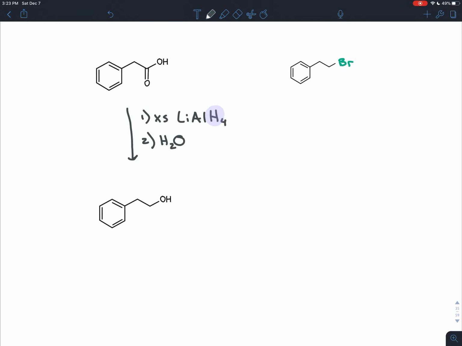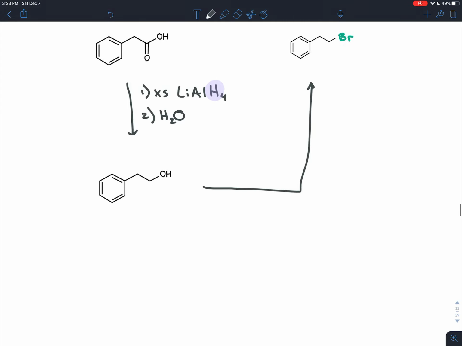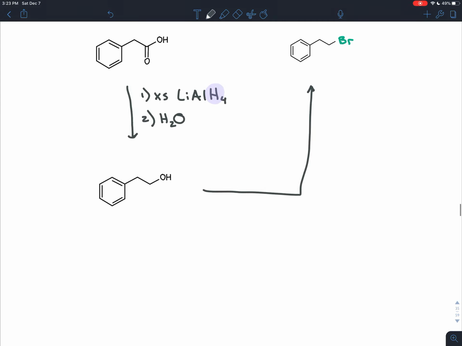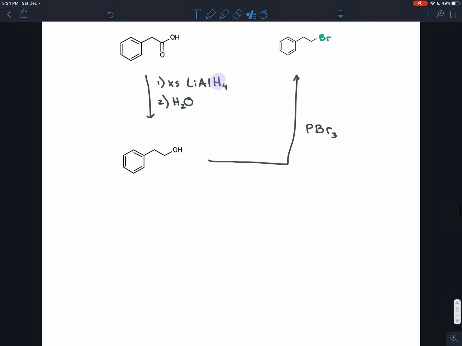Okay, but we still don't have the bromine. We need to replace this alcohol with a bromine. You may or may not remember the reagent that lets that happen. We've used it this semester, but not very often. It's phosphorus tribromide, PBr3. The way that it works is that the alcohol